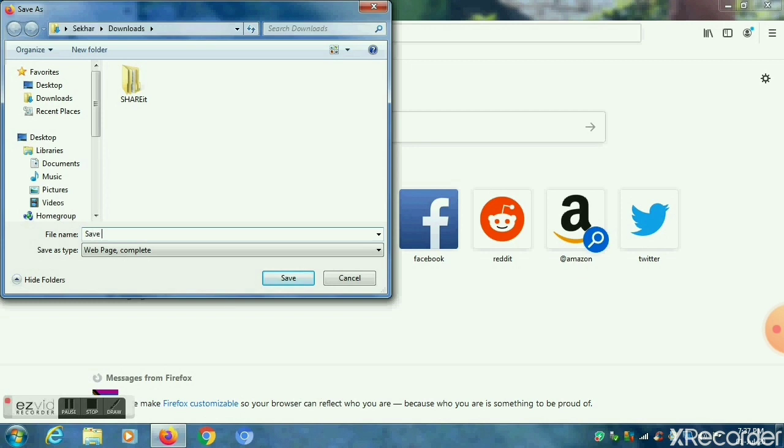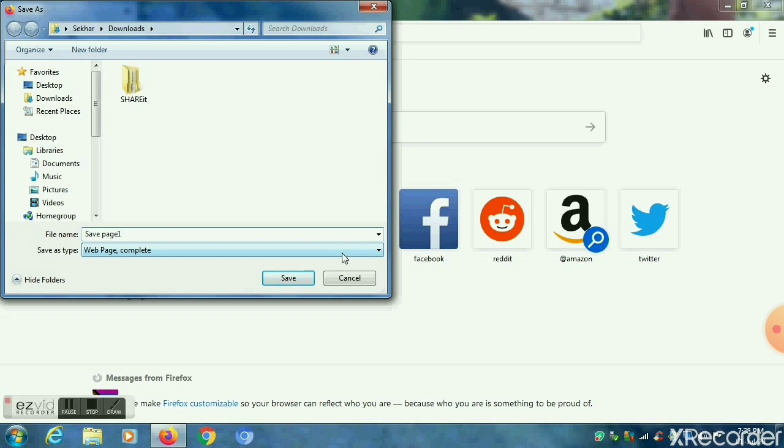So first give the file name as save page 1, and Firefox creates a new directory where the page is saved with the pictures and the other files necessary to show the whole web page.